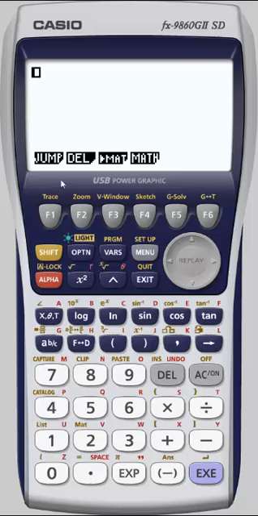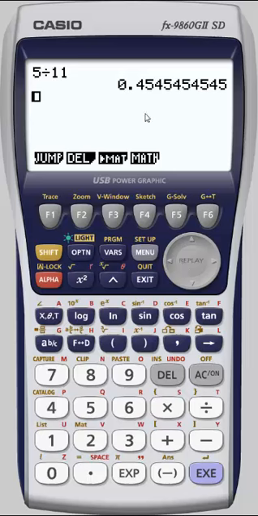We will assume that you're unfamiliar with the Casio menu system, so we'll take a quick look at that. The menu across the bottom here we call a soft menu, and you'll notice that each of the options aligns with a function key right below it. Therefore, if you want to access that menu, you just press the function key. If I were to do some sort of a division problem, we get our result.